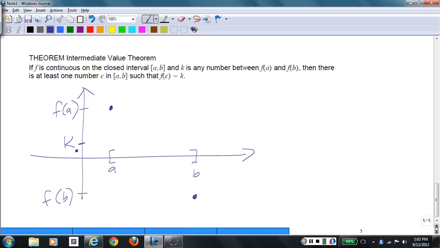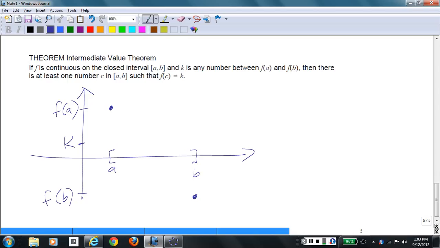What the intermediate value theorem says is that if this is a continuous function on the closed interval, there's some number, maybe a bunch of numbers, but at least one in between a and b, number c perhaps, such that f(c) equals k. Now it doesn't give us a way to find it, so I shouldn't speculate that it would be right there. It could be really close to a or really close to b, or halfway in between. But there's some number c in this closed interval such that f(c) equals